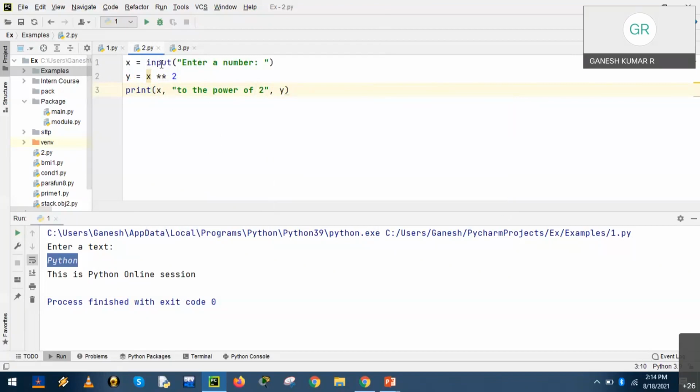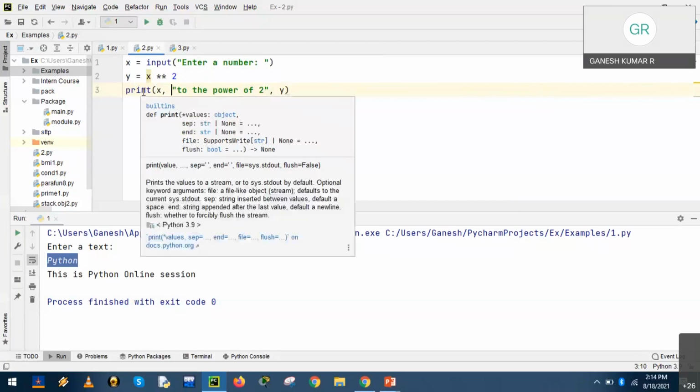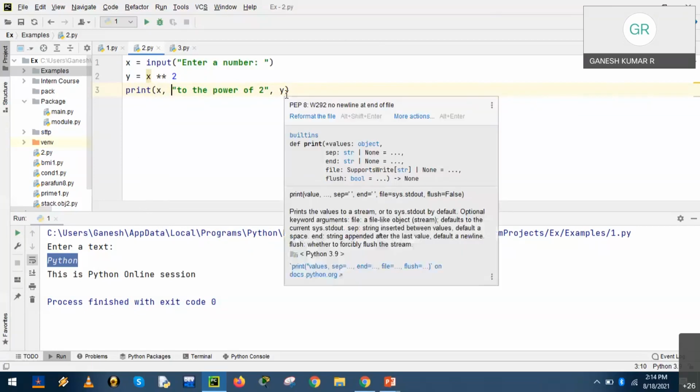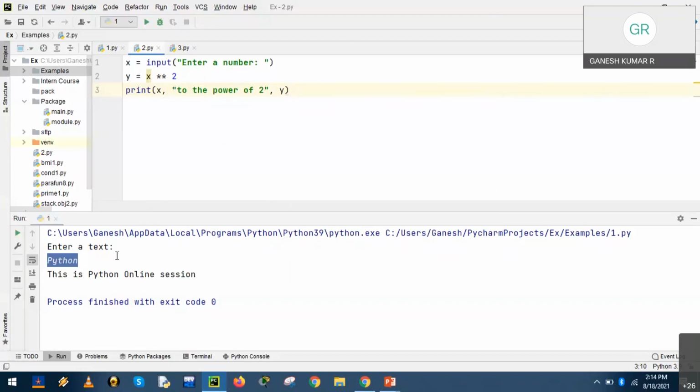The input function accepts a value assigned to a variable, and it is exponentiated. The double asterisk represents the exponentiation power operator, and the print function, the output function, collects the processed data and displays the output. So x again, both variables, x to the power of 2. The expected output could be the input value to the power of 2. Any guess what the value will be?